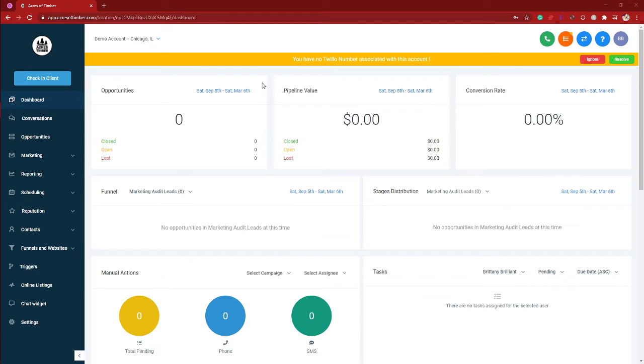Everyone, today we are going to learn how to add a team member to our Acres of Timber CRM. This is a really easy process and it also gives you a lot of control over your account, which is awesome. So if you go to this left-hand side menu here, all the way to the bottom on settings,